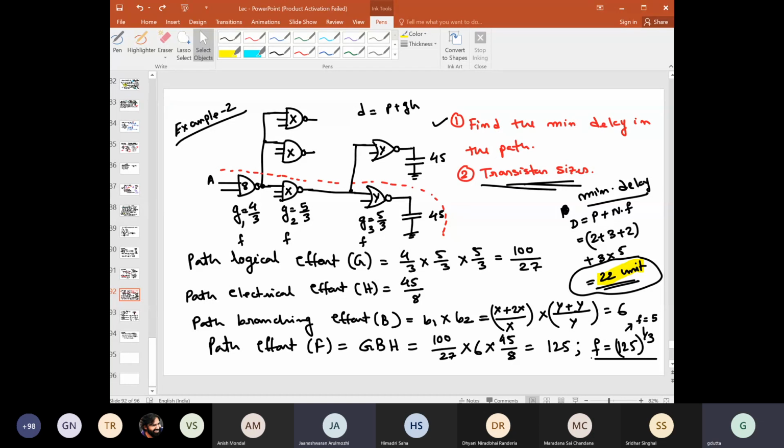With the actual value, what do you mean by actual? You are trying to say, suppose the values are given like 3.3 picofarad, then what will you do, right? Yes, sir. Okay, so in that case, one more piece of information will be given to you: that per unit width, this is the capacitance. You understand my point? So that you can find what would be the width of this.